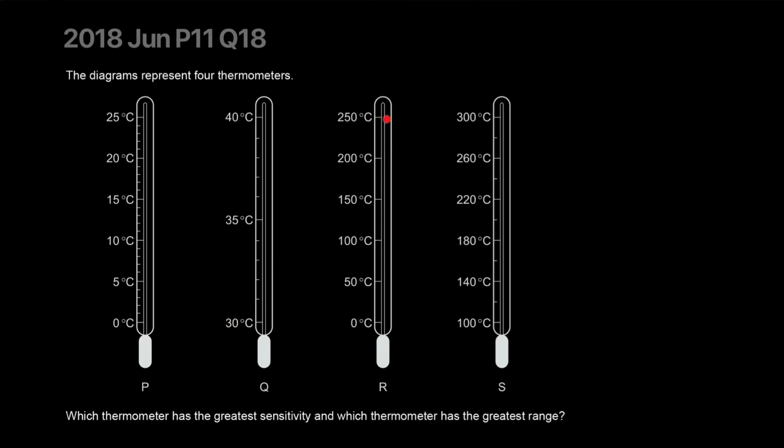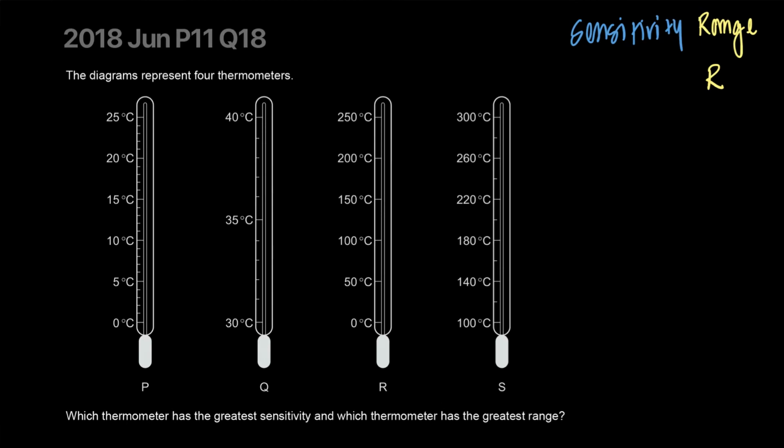This has a range of 250, whereas this has a range of 200. It is our R that we decree has the greatest range. How fitting. Range, the greatest range is of R, and the greatest sensitivity is